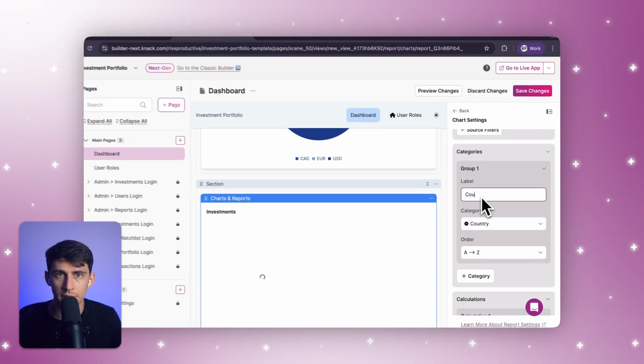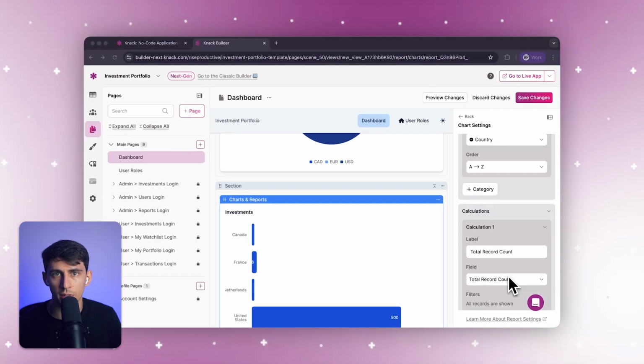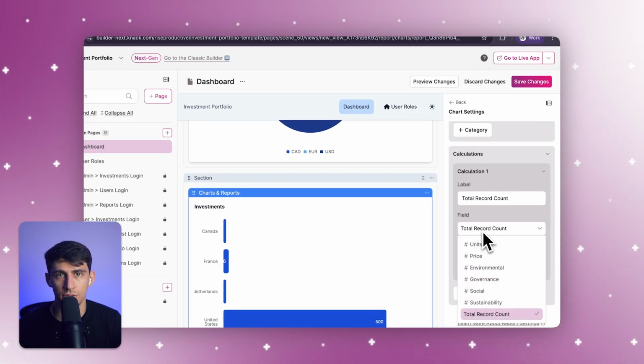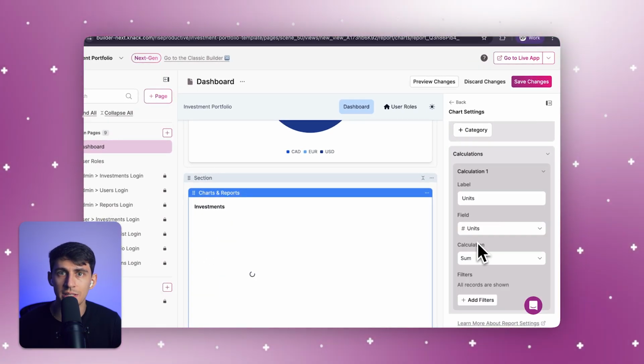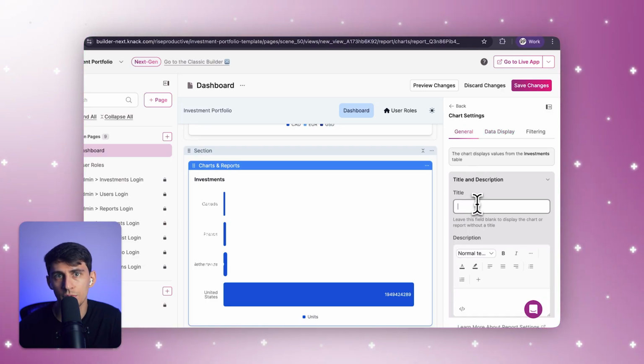It'll just take a minute. Now we want to make each bar's height represent the total number of units per country. To do that, we're going to select Units in the Calculation section. In the same panel, let's switch to the General tab and give a name to our bar chart. Let's name it Total Units by Country,